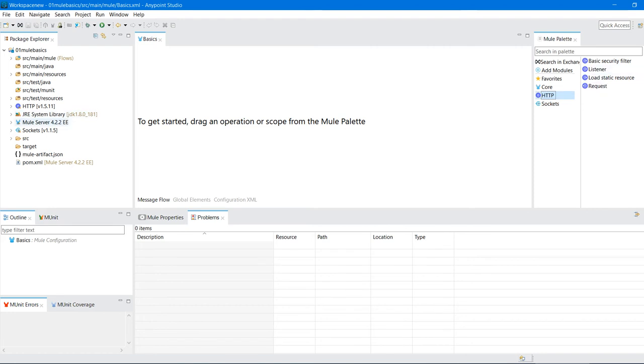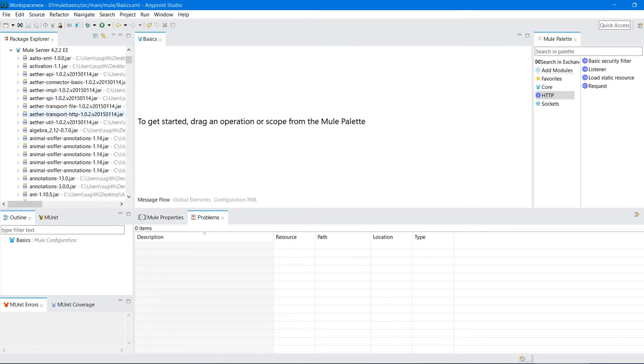Now you can see the JRE system library, which is pointing to JDK 1.8. In the last session we set up some environment variables which are pointing to JDK 1.8. This is the one to run your application. Of course my Mule application is totally written in Java by using the Spring framework, right? So we require JDK, because the JRE required to run is present in the JDK. That's why it is pointing to JDK. And the Mule server to run your Mule application. This is nothing but a library. Again, you can just expand it and you can see the jar files here.